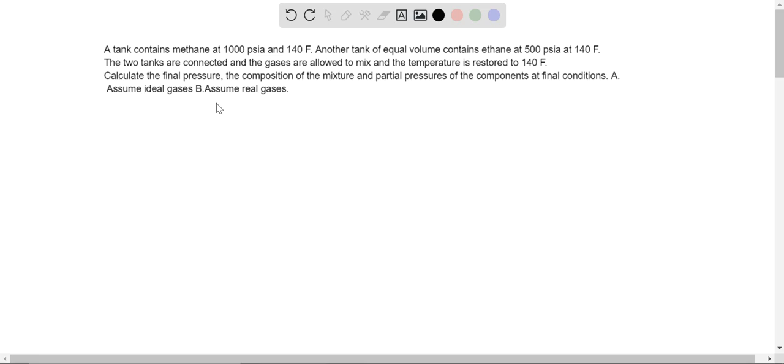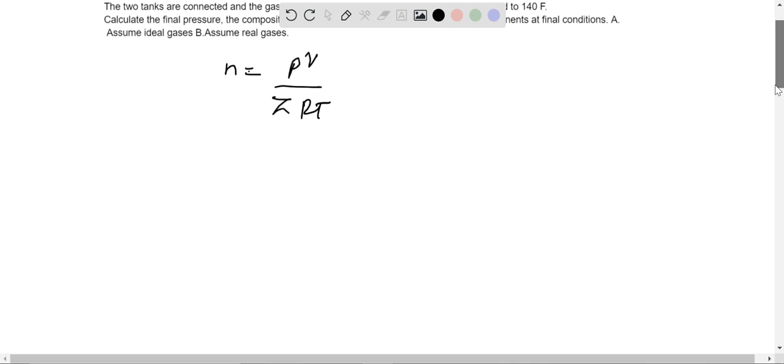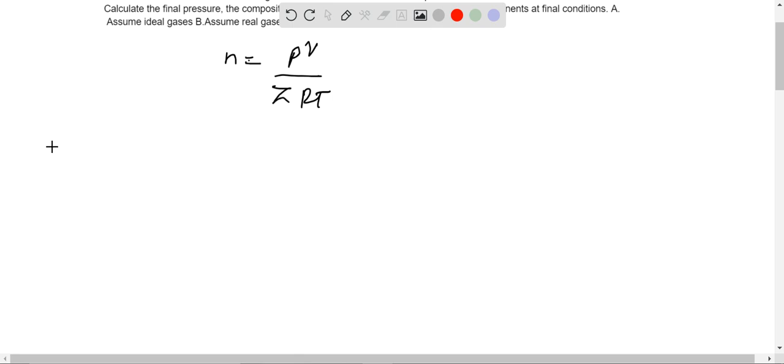In this problem, we have to calculate the final pressure, the composition of the mixture, and the partial pressures of components at final conditions. So the number of moles is equal to PV over ZRT. First find for methane. For methane, so n is equal to,